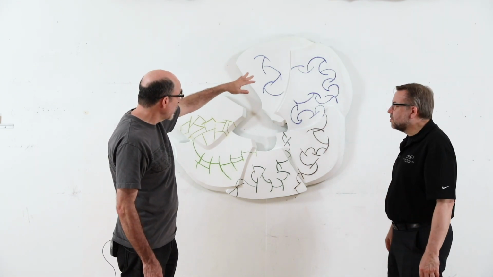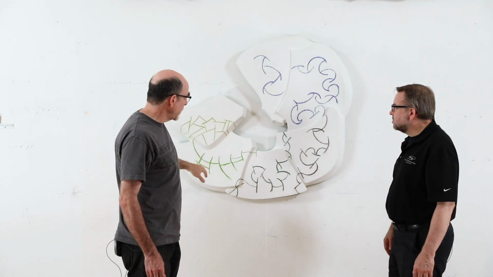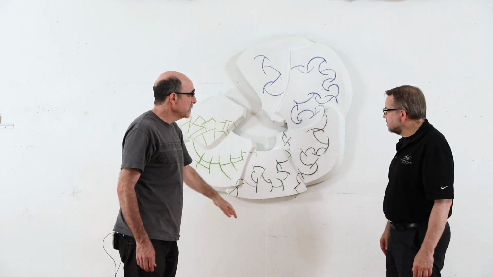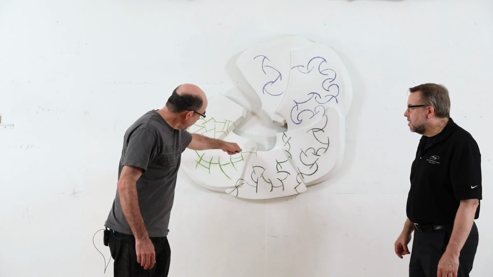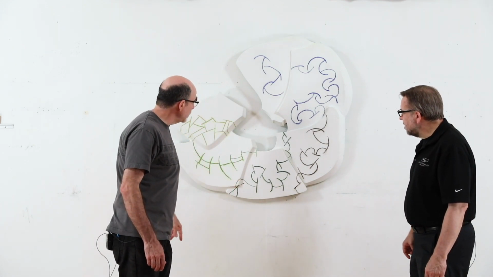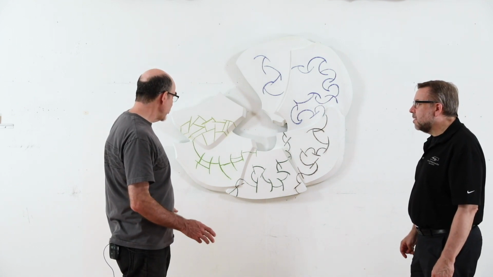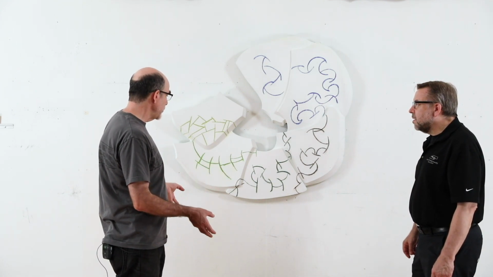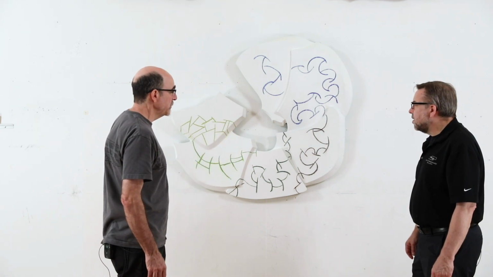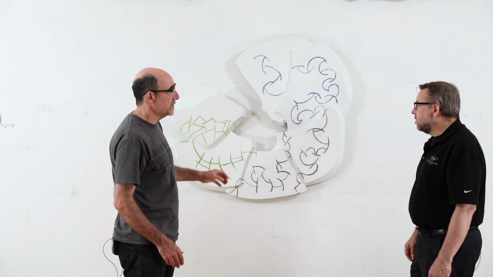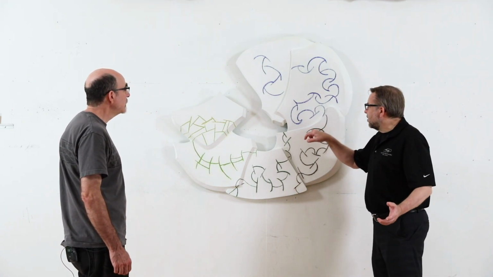I think leaving the white emphasizes the sculptural aspects, the distance between them. Definitely. And then I can play games on the sides where they lean, and I can work on the edges a little more. And it is reductive. So as a diagram, the lines have a certain origin, their color has a certain origin, their position on the sculpture has a certain origin, and then the shapes of the sculpture itself have a certain origin. You can't see it in the camera up here, obviously, but close up,